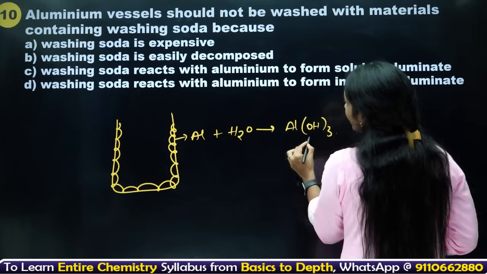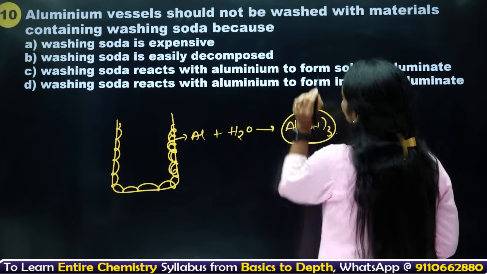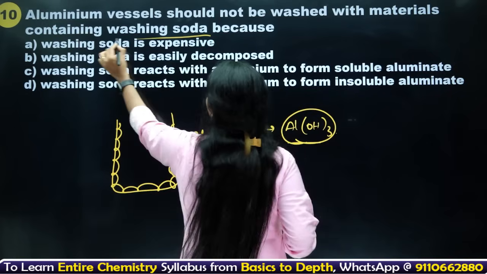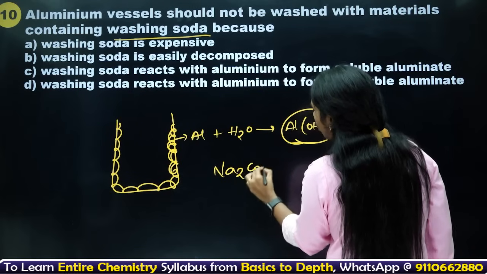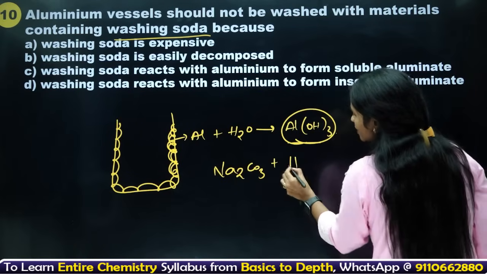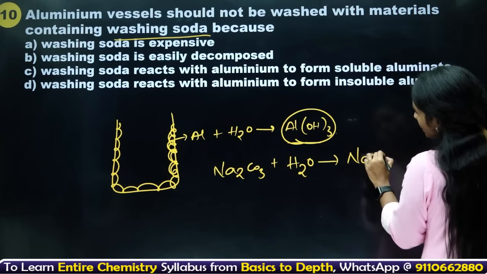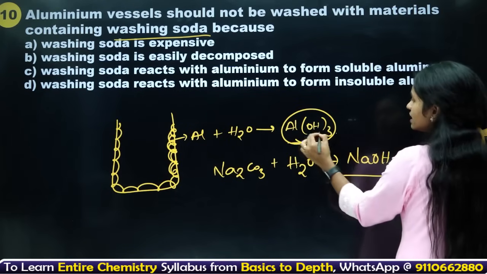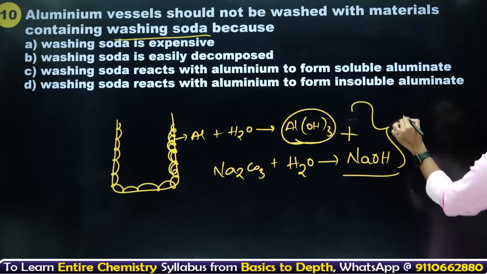But when you treat it with sodium carbonate, washing soda, it first reacts with water and forms NaOH. Now this NaOH disturbs the protective layer and combines with it and forms